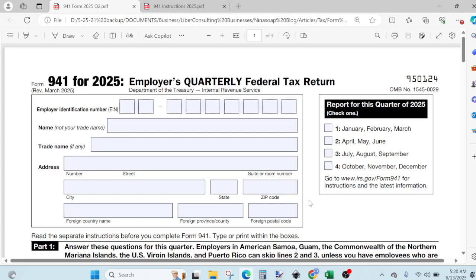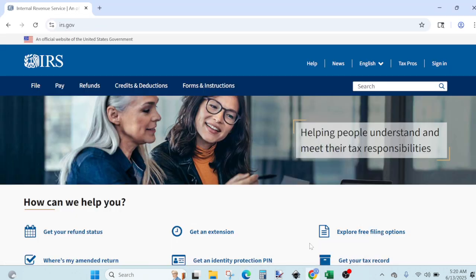Hello, how to complete Form 941 for 2025 Quarter 2. Form 941 is the Employer's Quarterly Federal Tax Return. It is good if you are going to complete it on the computer, print it out, and mail it. You can just go to irs.gov and type Form 941 and search for it,